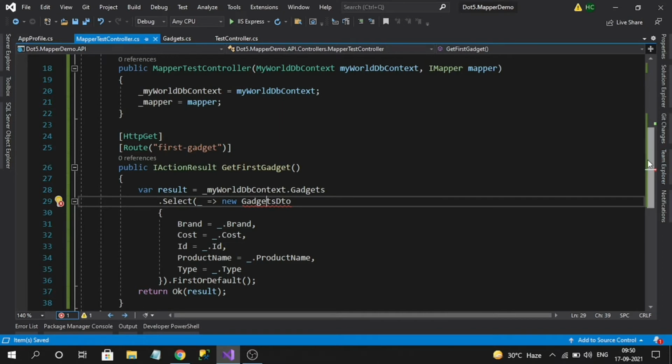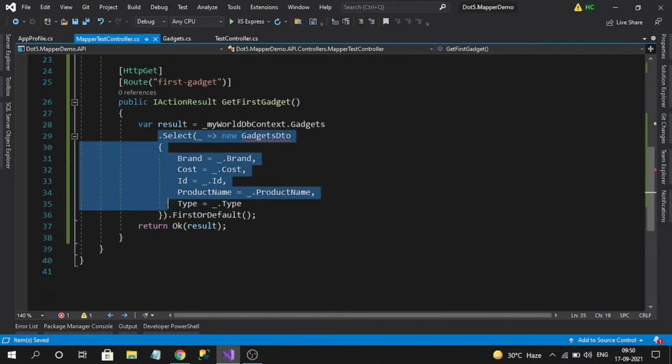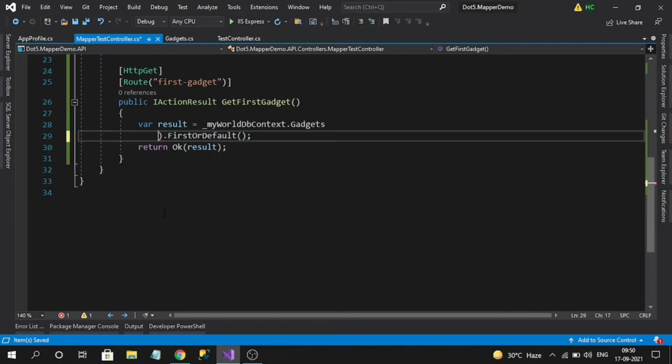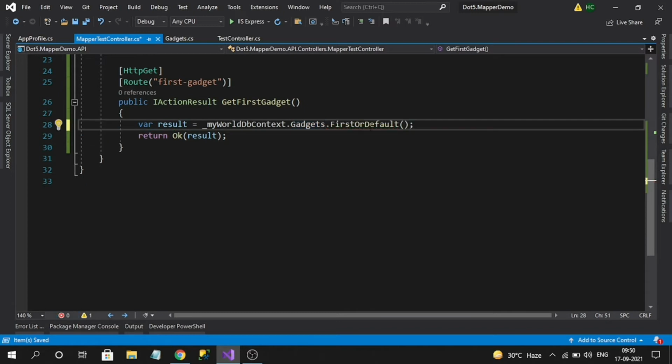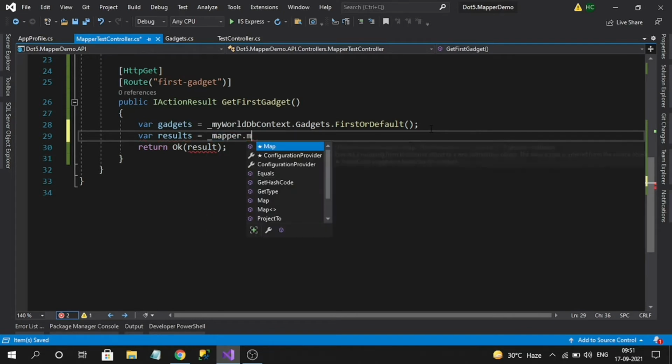Now what I can do is remove all this mapping. So here we are getting the results. I will name it gadgets. Now I have to map, right? So what I will do, result equals IMapper, it has a method like Map.